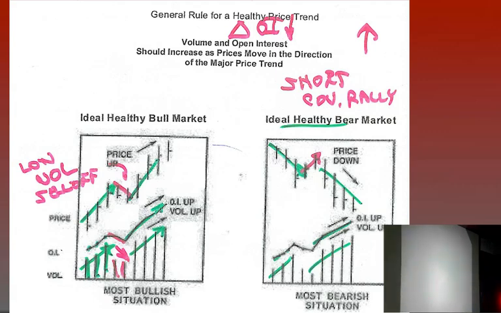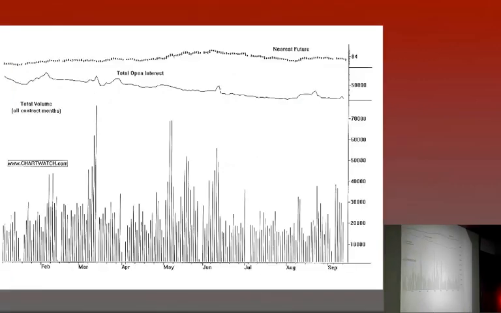Now let's do some volume analysis. You are not going to have this in your handouts. You're just going to have to look at mine. What I did is I got the nearest future here in the DX, and I've squashed the open interest figure up near the top. I squashed the price way down. Why? Because I want to make the volume bars as big as possible. And hit the print button and print it out. And then you want to go back an appropriate distance to start your analysis, and you want to draw horizontal lines that are giving you an idea of what constitutes low, average, and high volume.